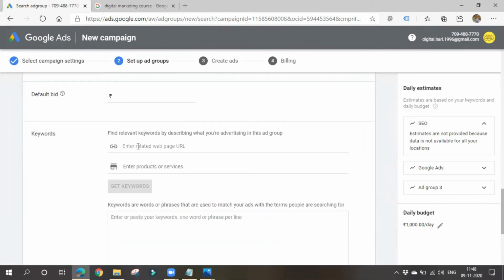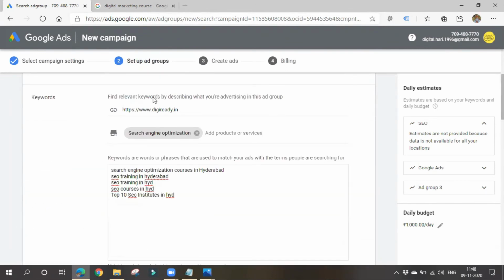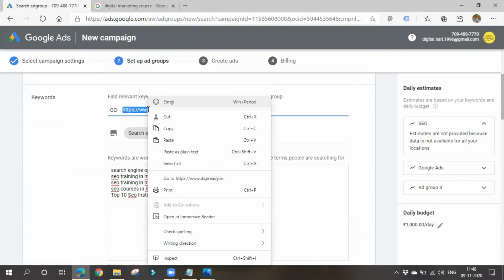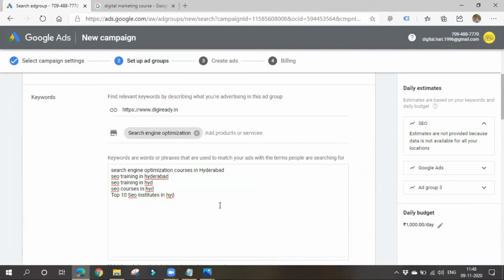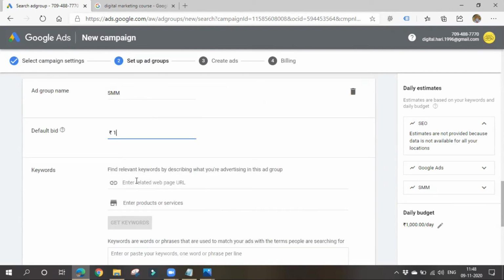The next ad group is SMM, social media marketing. This is for our reference, guys, again. The bid amount will be ₹1 again, cost per click.